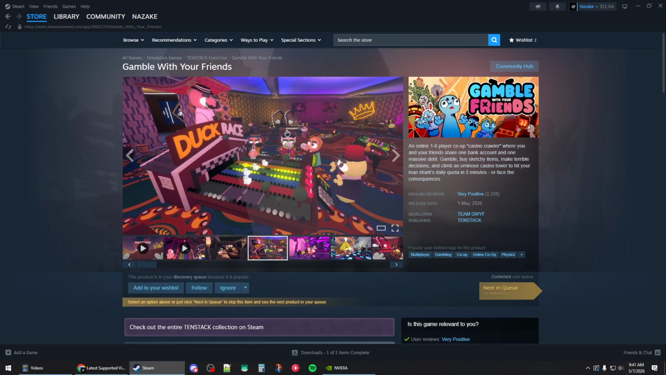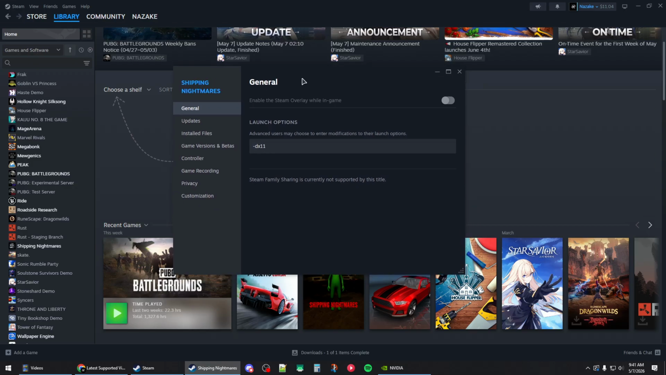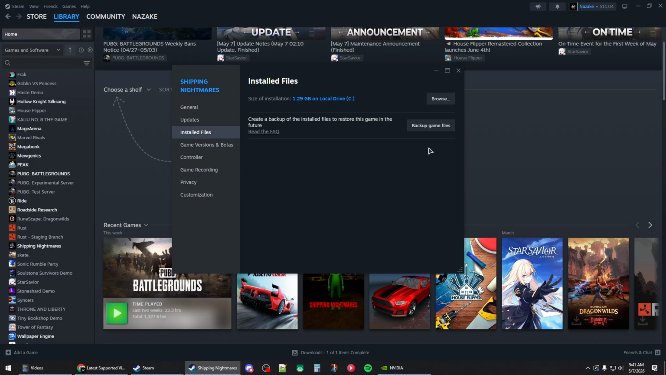How do you fix Gamble with Your Friends crashing on Steam? So first you want to go to your library and then right click on the game and open up the properties. Now in the launch options you'll need to add -dx11